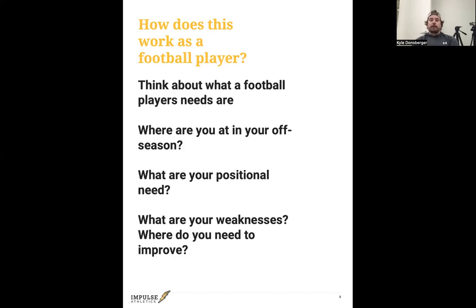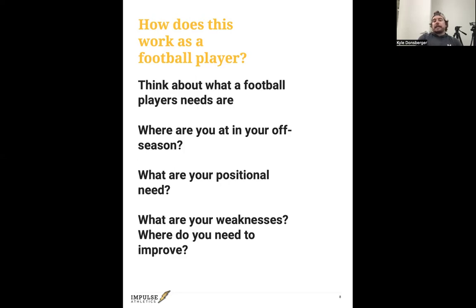And the next one, what are your positional needs? So as a lineman, you need to be explosive, battling every play, multiple times a play. So you need to be able to recover quicker versus, say, a receiver who's running routes. It's not going to be as physically intensive. So they need to work on speed and recovering from that, whereas linemen are working more on that explosive power and recovering from that.